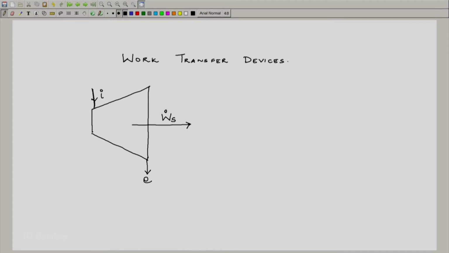So, in a turbine normally either a gas or steam expands, and hence we have this flow going from inlet to exit in this direction, where we have shown an expanding device, and this is the work transfer coming out, and this is the exit of the turbine. Similarly, for a compressor one would draw as such, it is just the reverse.